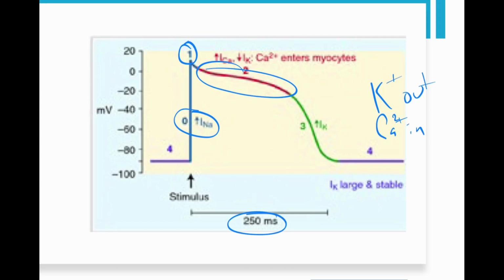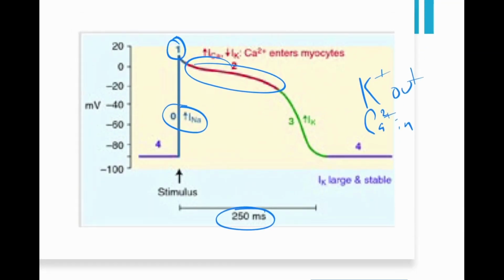Now, calcium stops flowing, but potassium is still moving. So now calcium is stopped. Only potassium is moving. Which way is potassium going? Out. So the cell becomes more and more negative. And eventually the same thing happens that we did learn from before. We get all the way to the bottom. The voltage-gated potassium channels close. The sodium channels reset. And we're ready to start for the next beat.